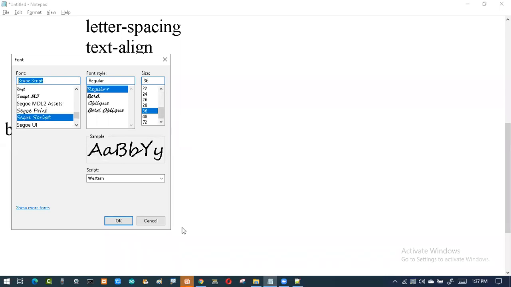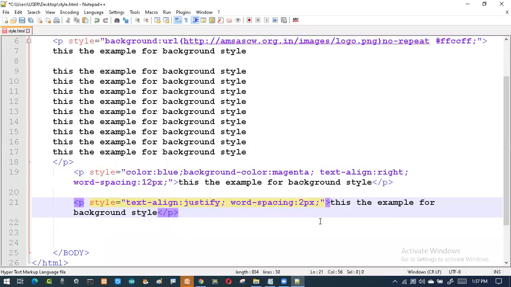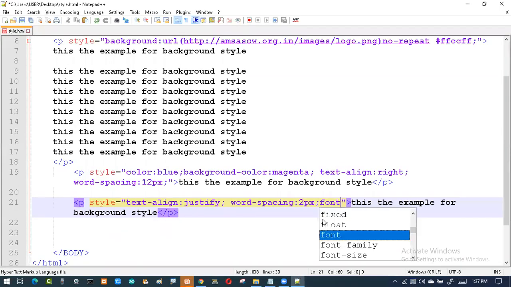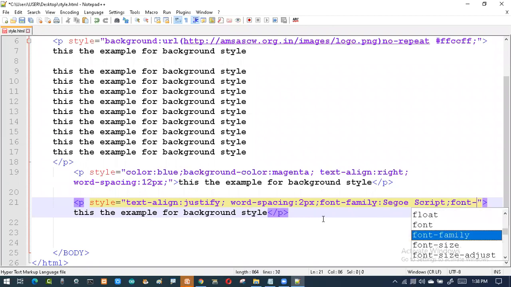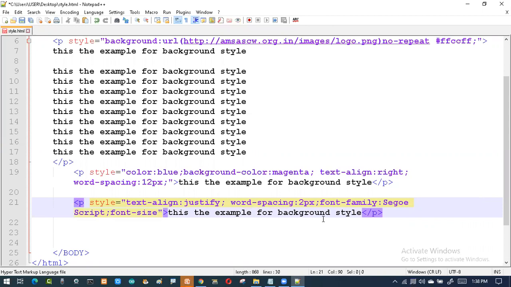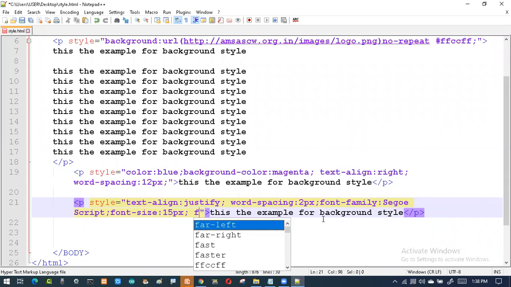I'm copying the name because I want that font. So I'll say font family, then this one. Then I'll say font size, say 15 pixels. Then I want font weight.